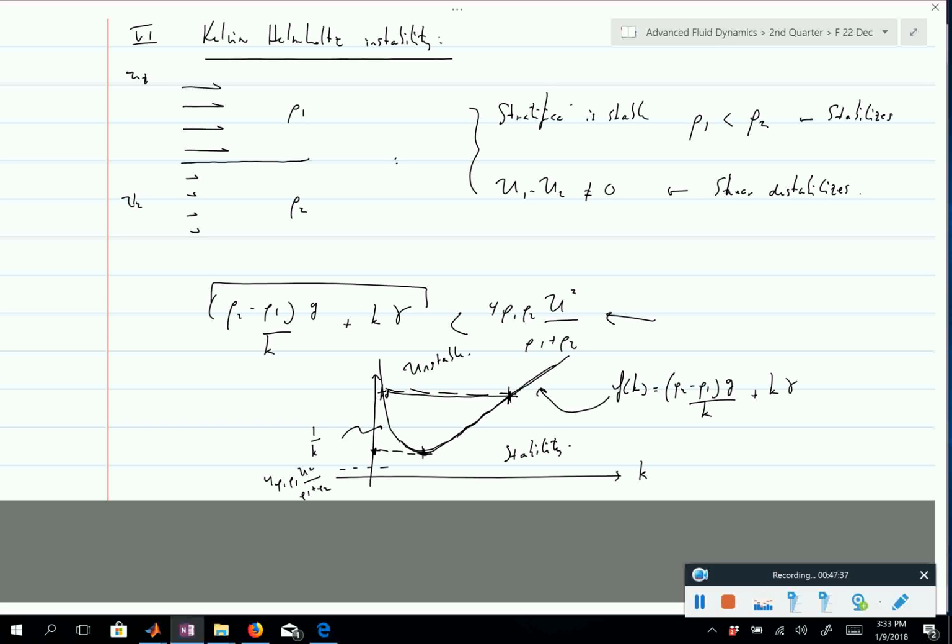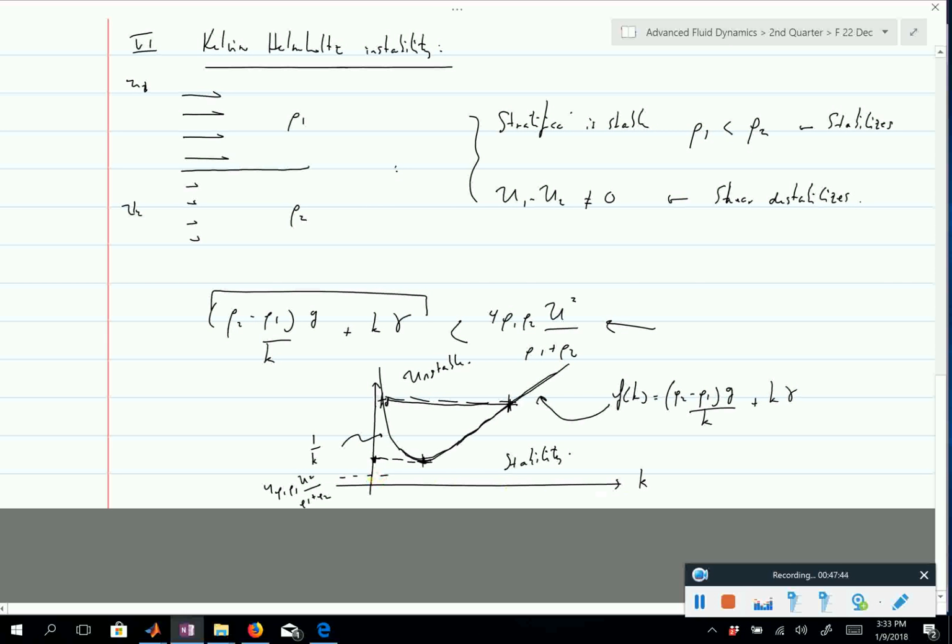Is that clear? So when u is really small, when u is 0, it's here. It's always below the curve. So when u is small, all the wavelengths are stable. There is not a single wavelength which is going to be such that that number here is larger than this. Now if you think about slowly increasing u, there is one u at which one point,